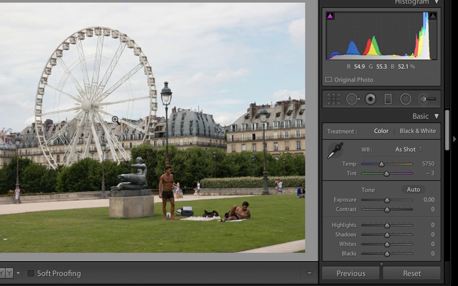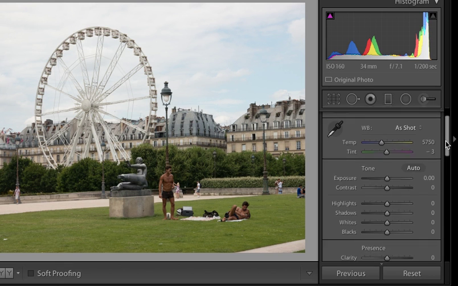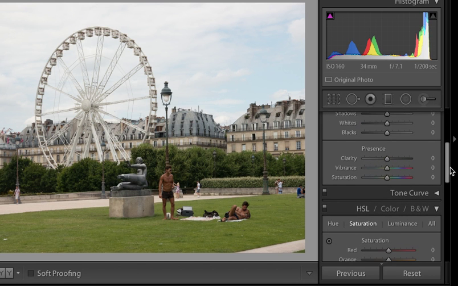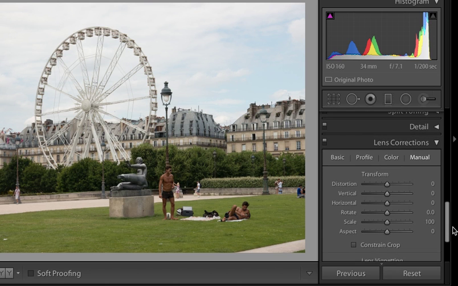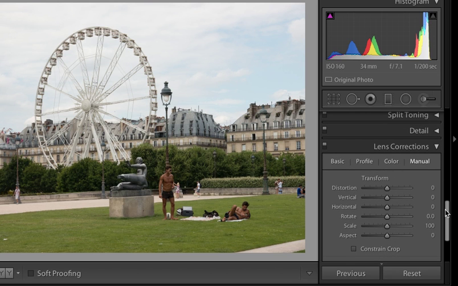just in case you weren't sure about using the lens corrections in Lightroom, I just wanted to quickly run through it. This is one of the images I use in my advanced digital course for using lens corrections. So you just scroll down to get to lens corrections. Now you've got basic on here,